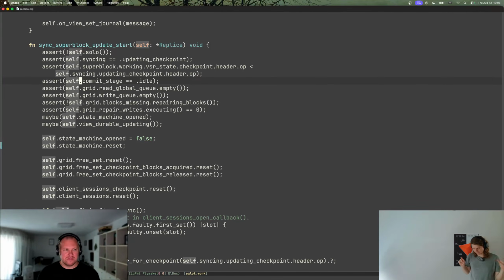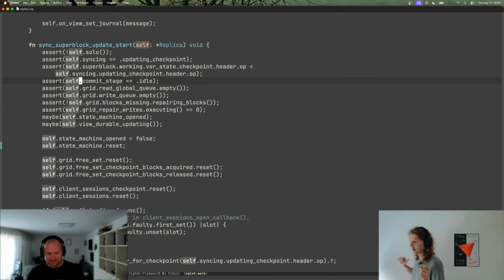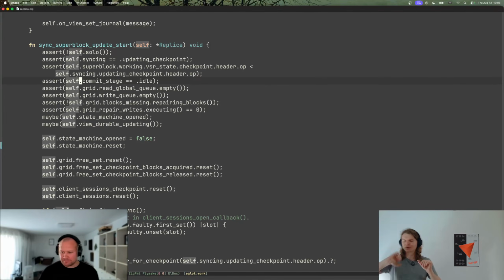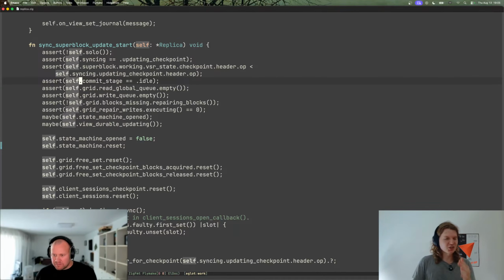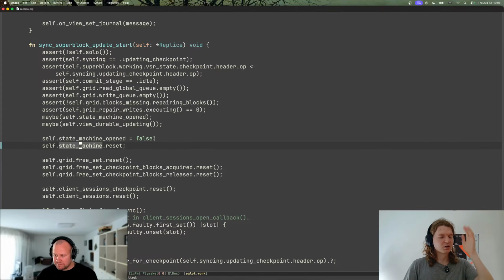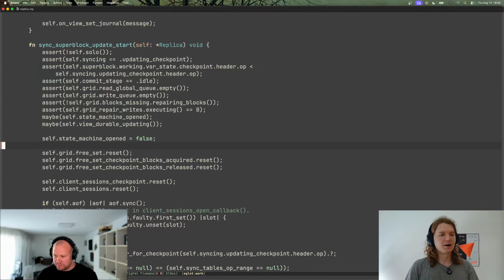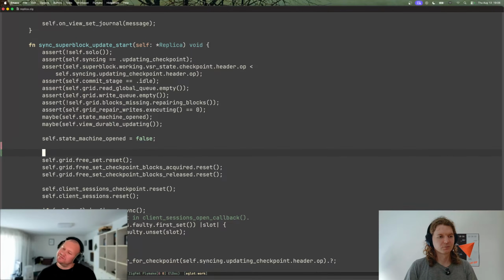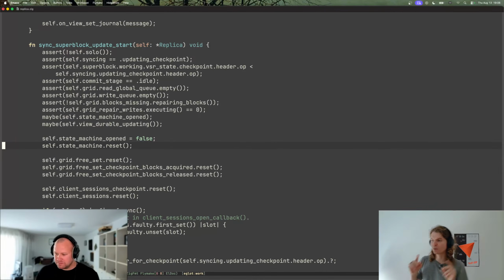the view change protocol. So when you update the superblock, you actually want to update simultaneously the on-disk checkpoint and headers, and also the in-memory headers. So this is just tricky control flow. The process starts with sync superblock update start. And this is where we